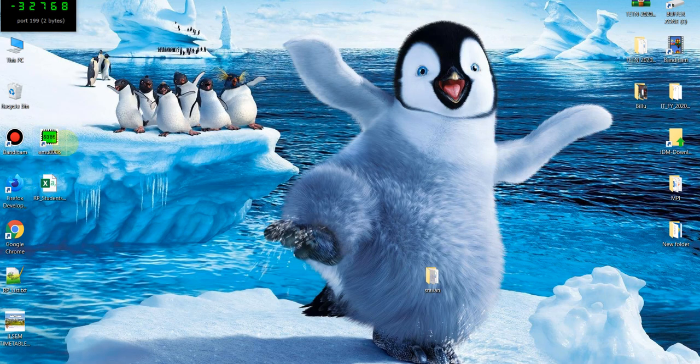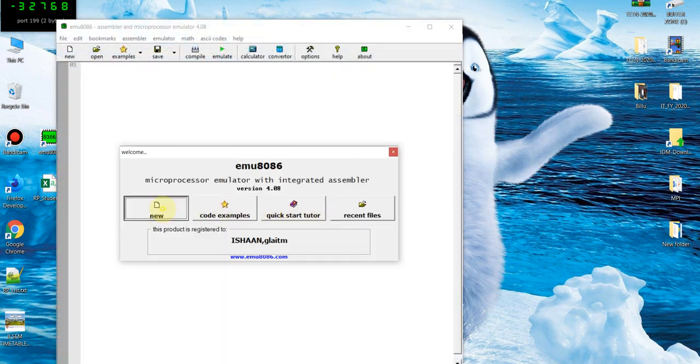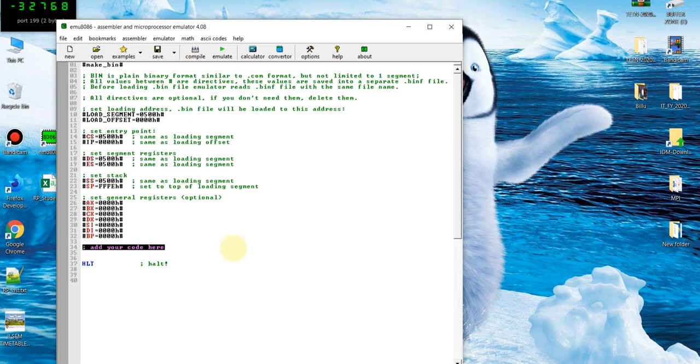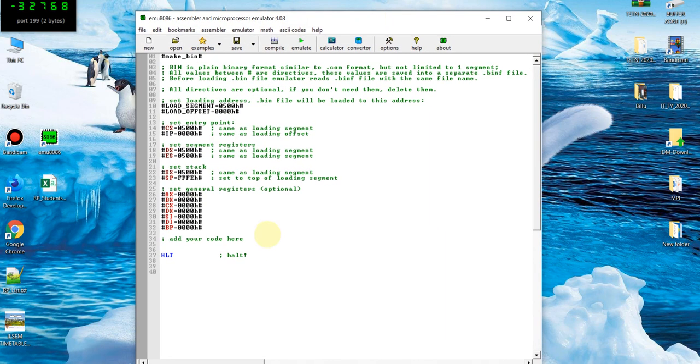And the third one, when you go for the bin option, then you need to specify everything. The CX, DX, all the register contents you need to specify. There is nothing default in this. So when you are writing a .bin program, you have the total flexibility of how you want to organize the available memory location. So these are the things which you should know.